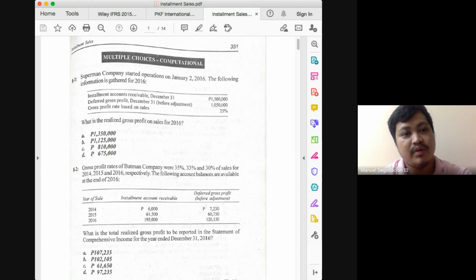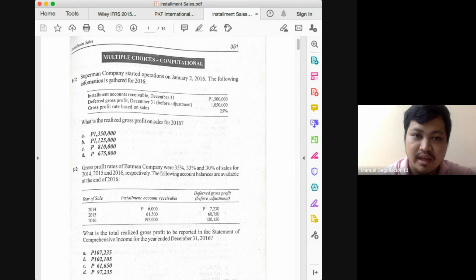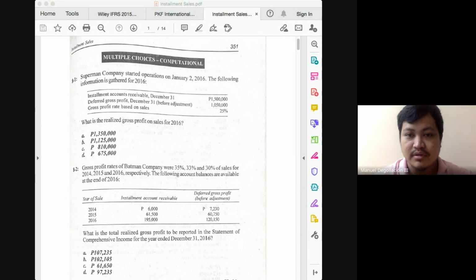And we can get our DGPN by getting the markup on our ending installment receivable. In this problem, our ending installment receivable is 1,500,000, and we simply need to compute the markup on this 1,500,000. Since we're given the gross profit rate based on sales of 25%, we'd be able to say that the markup on this 1,500,000 is 375,000. That 375,000 should be the amount of markup on your installment receivable. So that means your DGPN should be